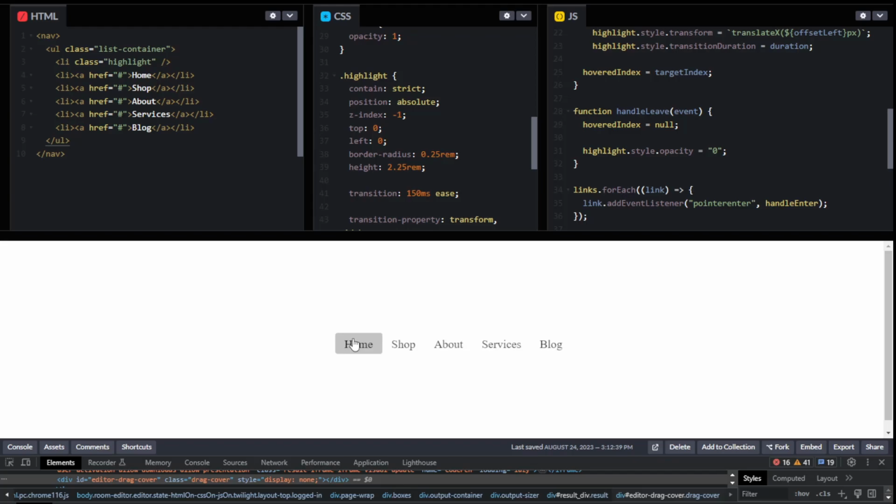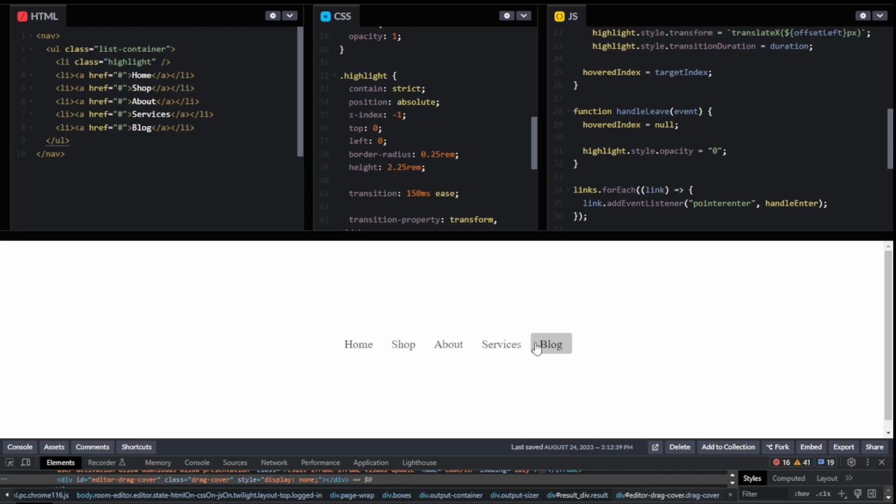At this point, there's no transition, so the highlight instantly lights up. But when we hover over a new link or element, it will actually slide. So this highlight is actually a separate element from the links. It is its own entity in this case, which follows around. Okay, and as you notice as well, its width is getting smaller or larger depending on how long the text is. That means this element that is following our cursor is also getting the width of the hovered link or element. Okay,